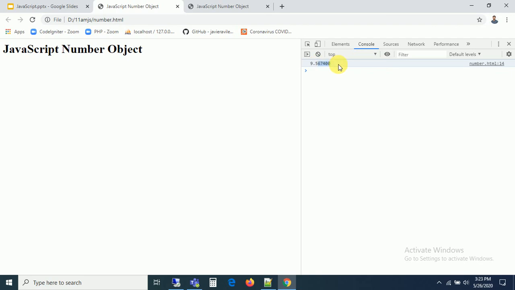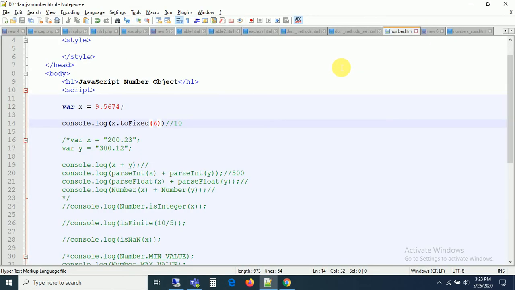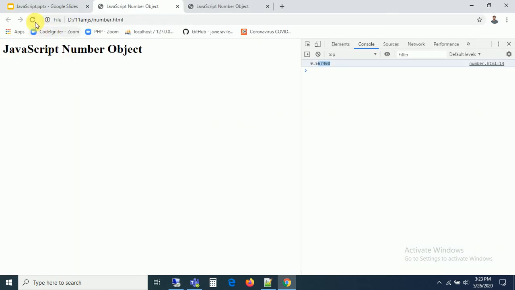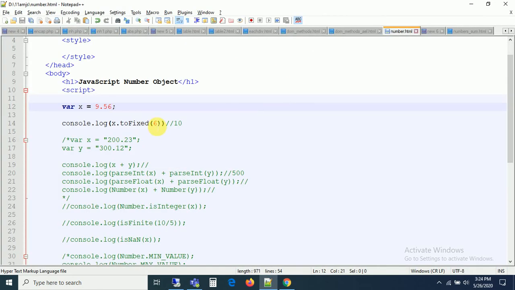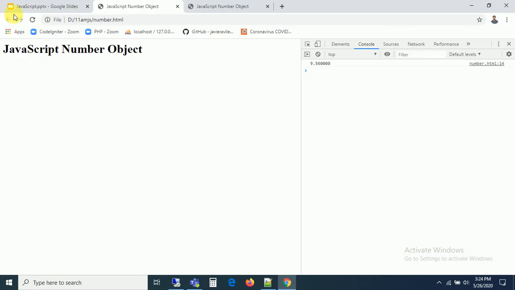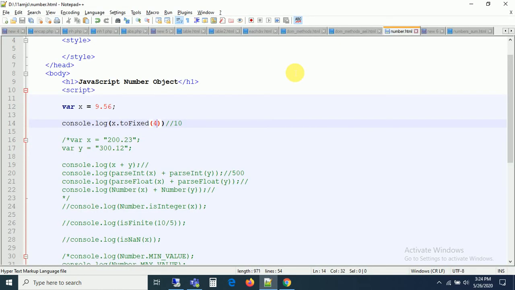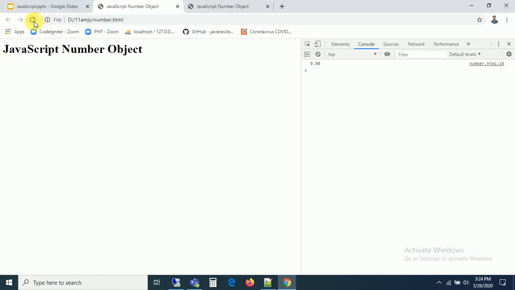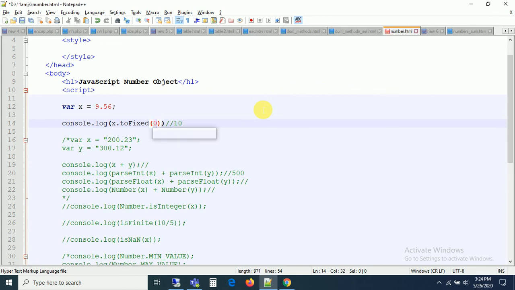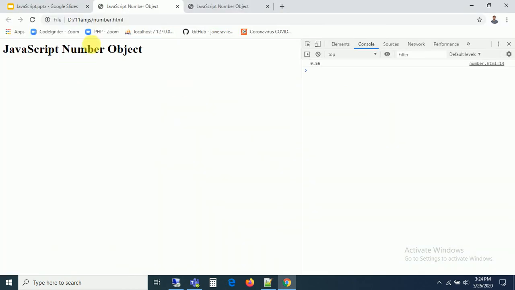What is the problem I tried earlier? Okay, toFixed 2 here. Let me go with only 2 digits here. Now I am giving this. Now after the decimal you will get something like 60. Let me give 4 here, then 2 numbers plus 2 zeros will come after the decimal point. Now you can check it. So we are getting the same manner. If you give 2, now you get 9.56 only. Can you see, 9.56 you are getting. If you take 0, it will be 10, guys. It is going to round the value, something like this, right?